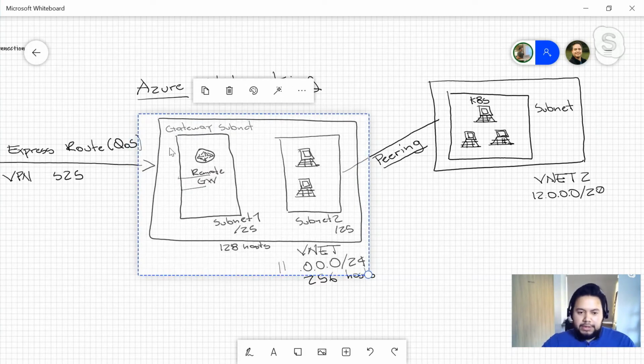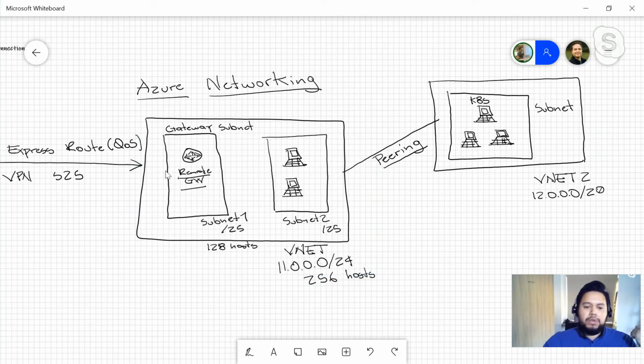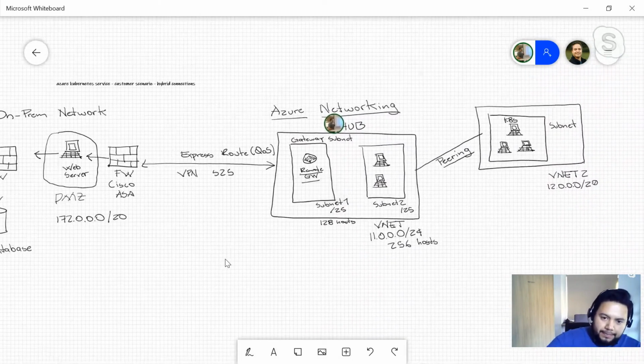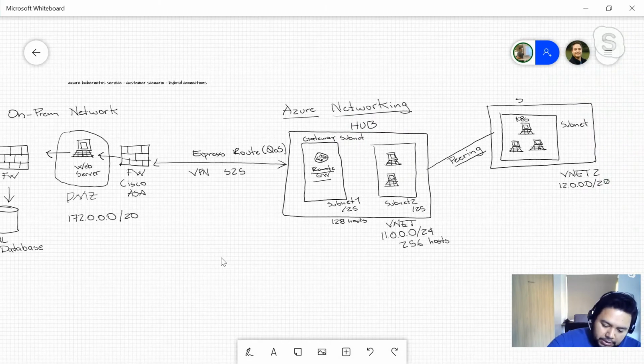So you can use this remote gateway to go to the on-premise world. You have to create it again in the second virtual network, okay? And this is a topology inside Azure that we call the hub and spoke, okay? So this will be the hub,